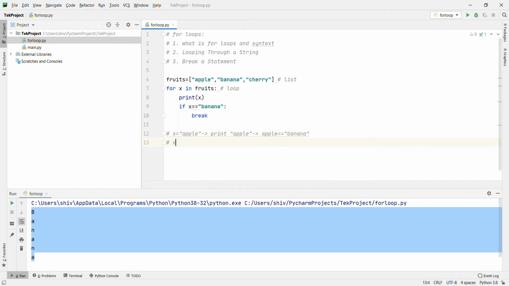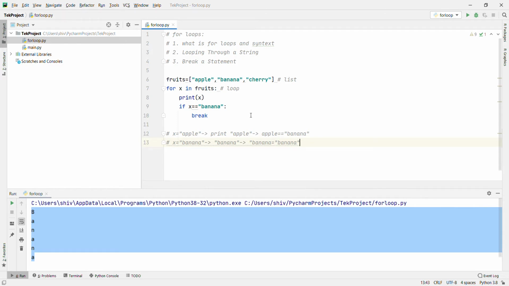Then x will be banana, and it will print banana. Then it will check the condition, banana equal to banana. If the condition is true, then it will go inside that, and it will break the for loop.